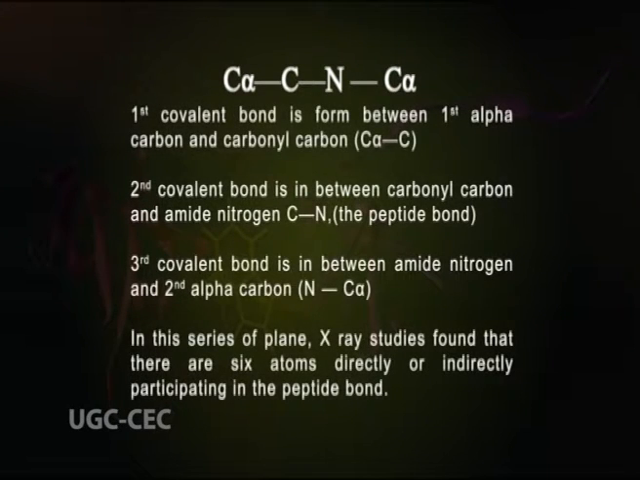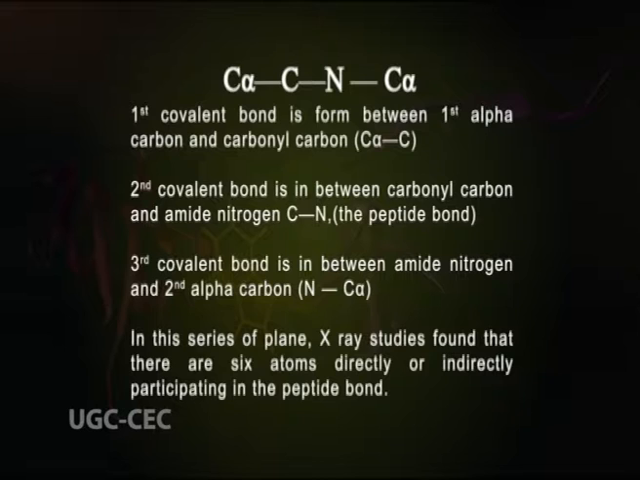In the figure, the first covalent bond is formed between the first alpha carbon and the carbonyl carbon, the second covalent bond is between the carbon and the amide nitrogen, the peptide bond, and the third covalent bond is between the amide nitrogen and the second alpha carbon. In this series of planes, X-ray studies found that there are 6 atoms directly or indirectly participating